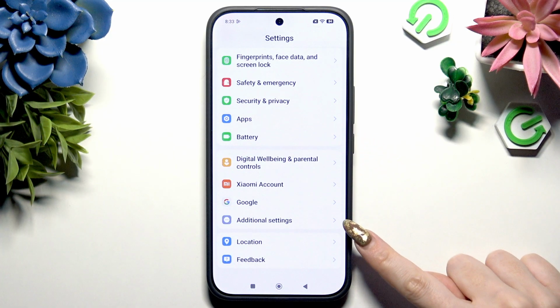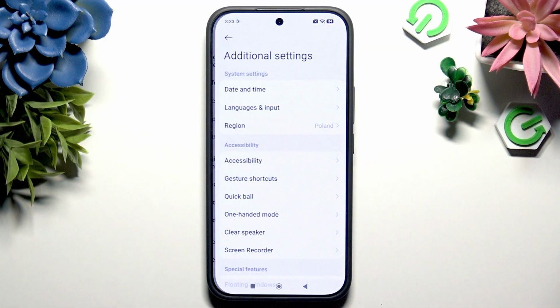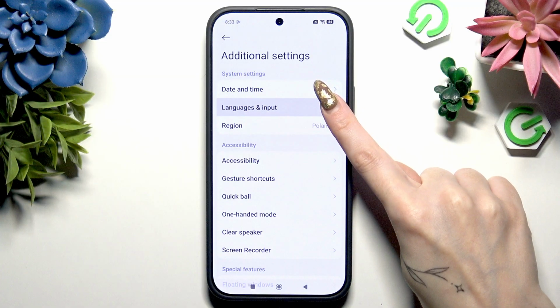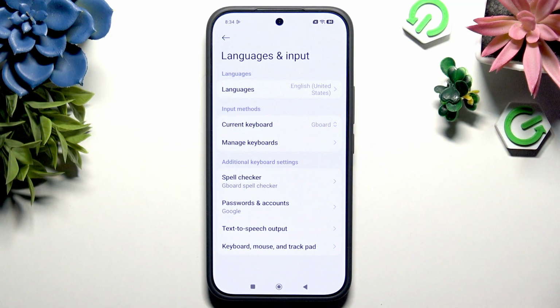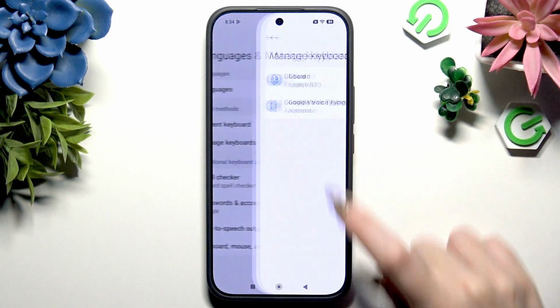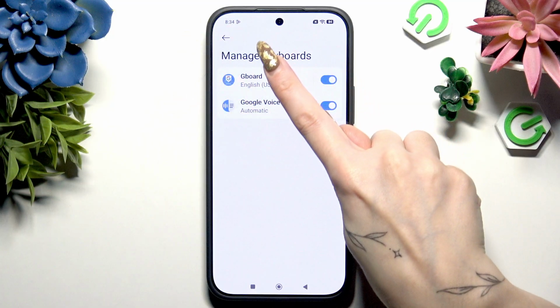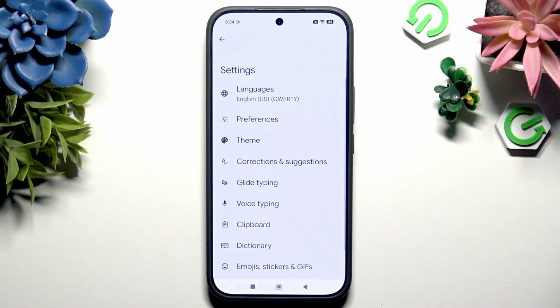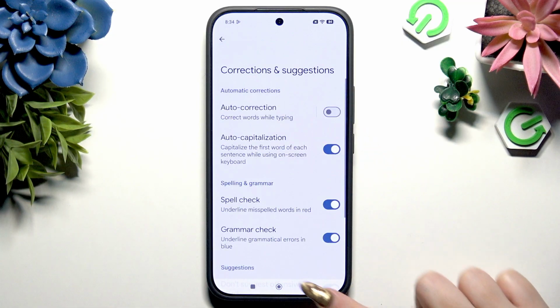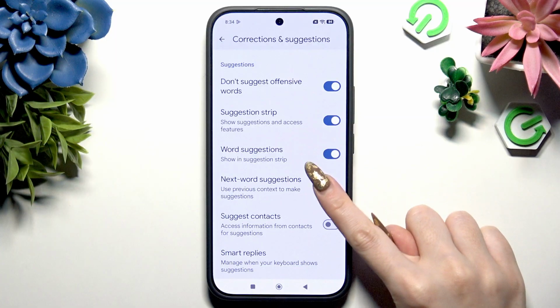Then click on Additional Settings, Languages and Input, Manage keyboards, and finally Gboard over here. Now click on Corrections and Suggestions to check out and manage all of those options